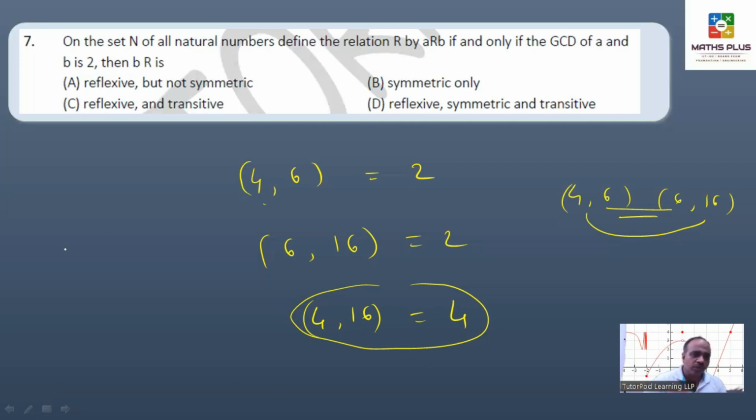So whenever you check for these relations, you have to give a counter example. Counter example means where it fails. If it doesn't fail, if it's correct for all examples, then you can say it is transitive or reflexive. So this is only symmetric. That's option